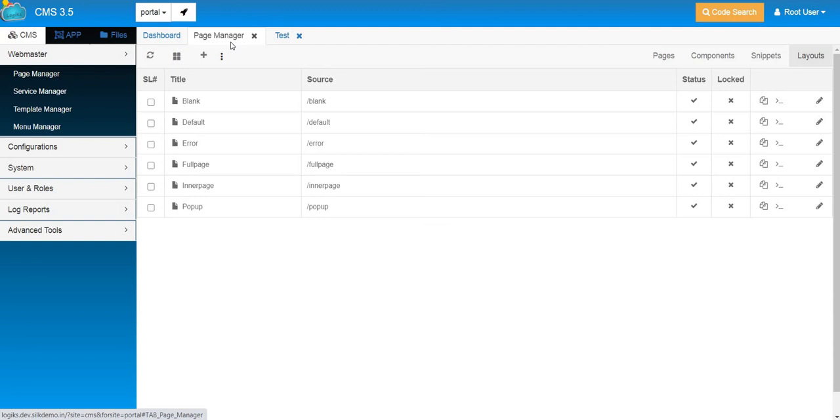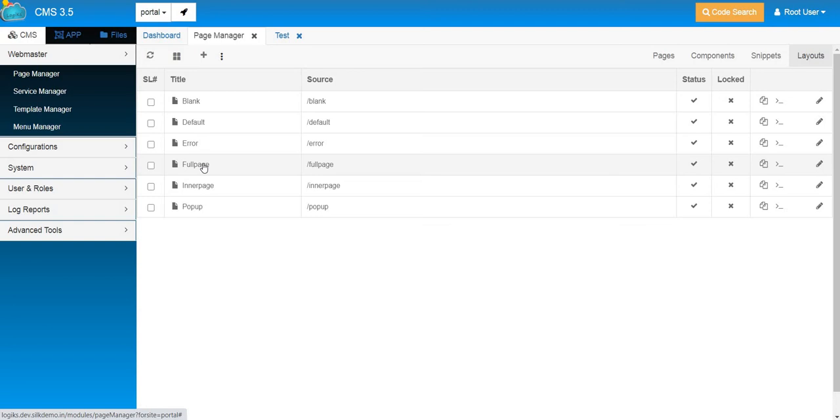As everyone knows, sometimes pages have a header on them. Sometimes some pages are full screen without any header, footer or sidebar, whereas there are some pages which have a sidebar, header, footer. All these layouts are set inside layout. So the default layout is something which has a header and sidebar, whereas the full page layout is something where we only have the content part, no header, no footer.